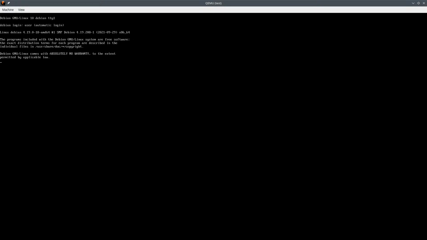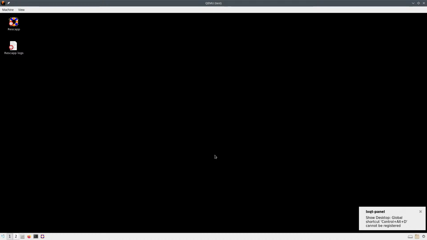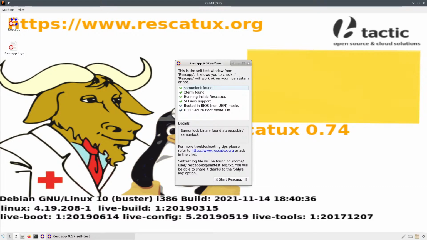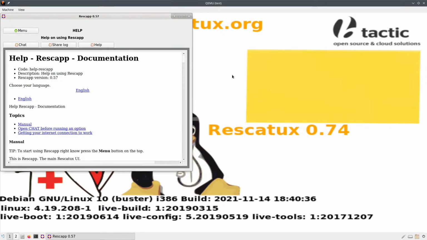Okay, now you're going to see how the file is being created so that you can take a look at it. Use the settings for Gentoo only. Okay, let's say default settings, and let's close this thing.